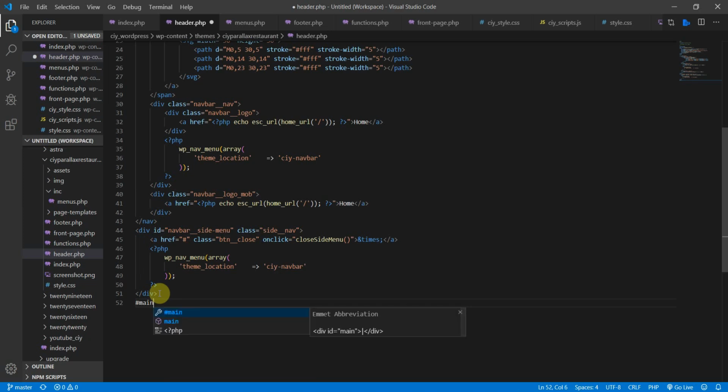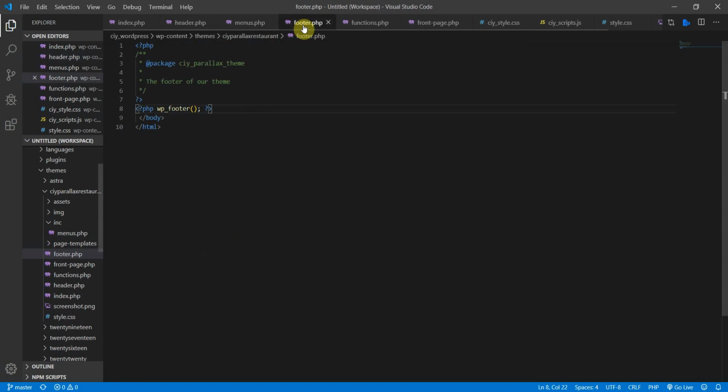Let's see. There we go. Okay, and then we're actually gonna cut this ending tag out. Let's save this and let's go to our footer. This is gonna be in our footer, and then what we're gonna do is just above the body tag, I'm gonna paste that in, the ending div, like so. Let's save it and let's have a look here at our front